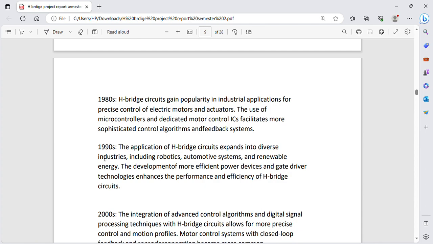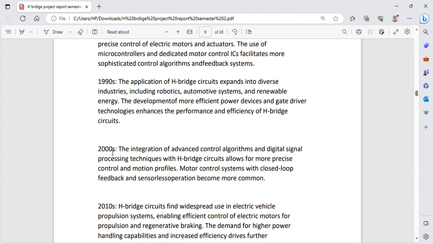In the 1990s, the application of H-bridge circuits expanded into diverse industries including robotics, automation systems, and renewable energies. The development of more efficient power devices and gate-driver technology enhanced the performance and efficiency of H-bridge circuits. In the 2000s, integration of advanced control algorithms and digital signal processing techniques with H-bridge circuits allowed for more precise control and